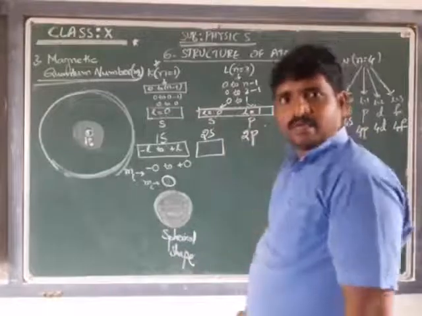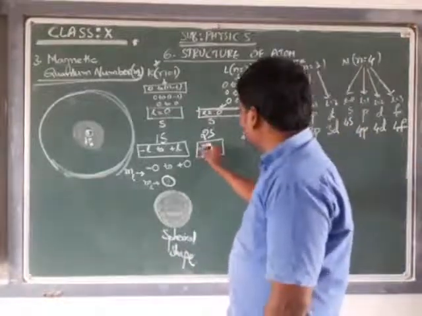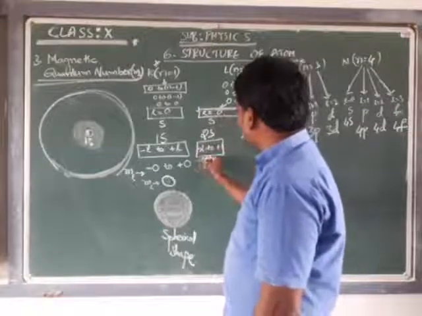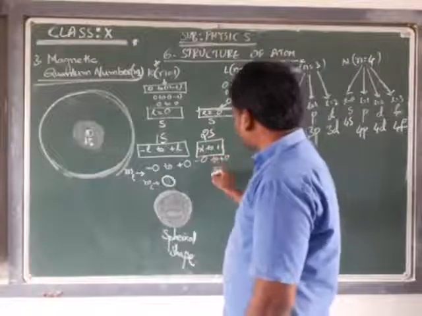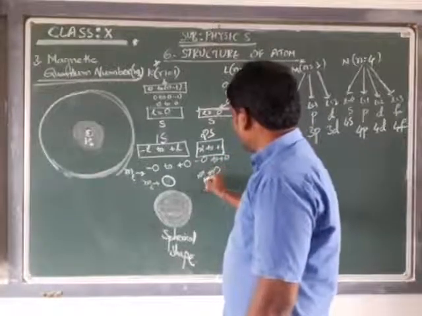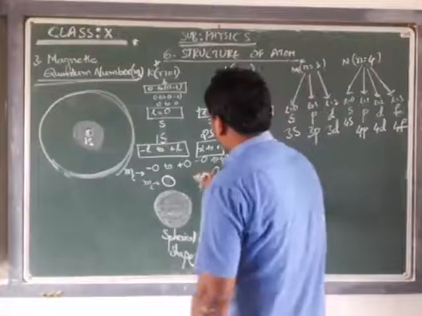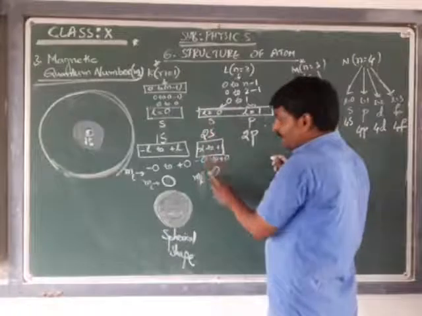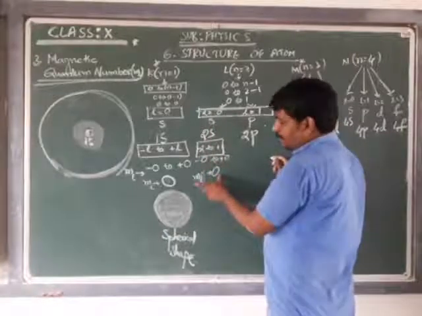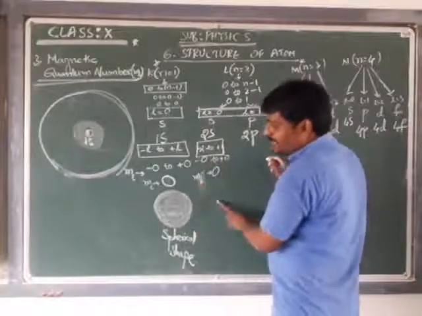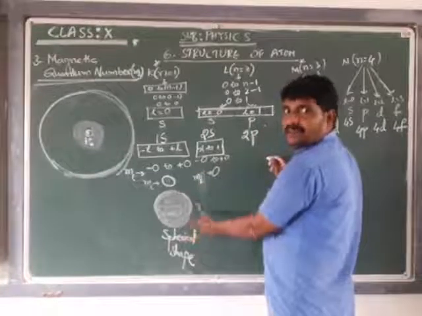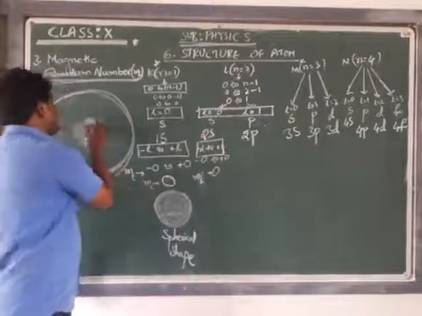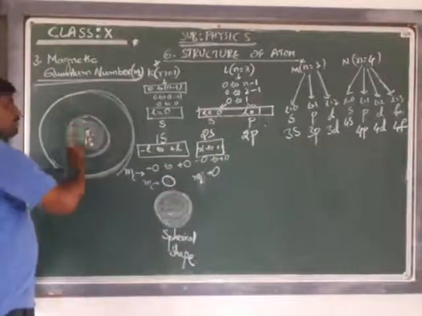How is it getting oriented? That is minus L to plus L. How much? Minus 0 to plus 0. That is only 0, Ml is equal to 0. Already we have discussed that for the S subshell, if the magnetic quantum number is 0, it is oriented in the form of a sphere. That means this 2s is also occupying the space in the form of a sphere. Again, one more sphere.